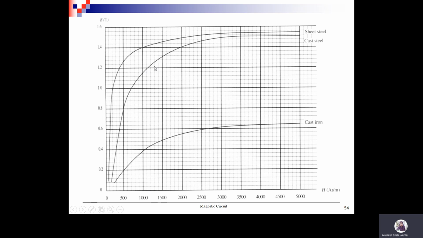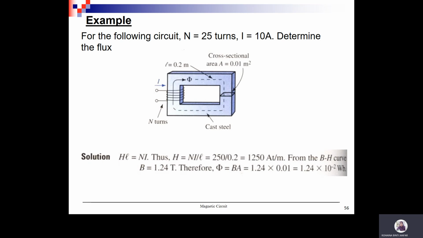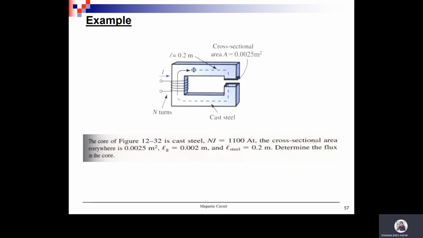Okay, 1.24, let's say it is 1.24. So B is 1.24 from the H curve. Therefore, flux equals B times A. So 1.24 times your area, which is 0.01. You will get your flux as 1.24 times 10 to the power of minus 2 Weber. Okay, so